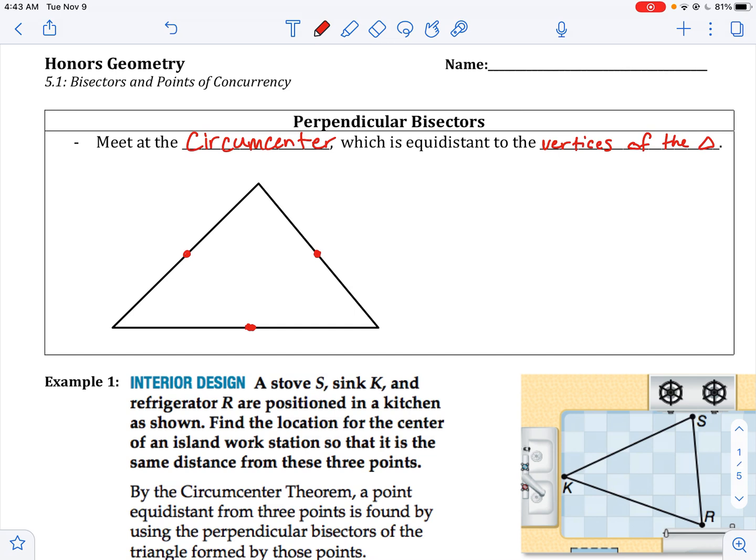So I'll measure out the middle of each segment, and I'm going to draw a perpendicular line to each side of the triangle through the midpoint. So I'll draw in all three perpendicular bisectors,